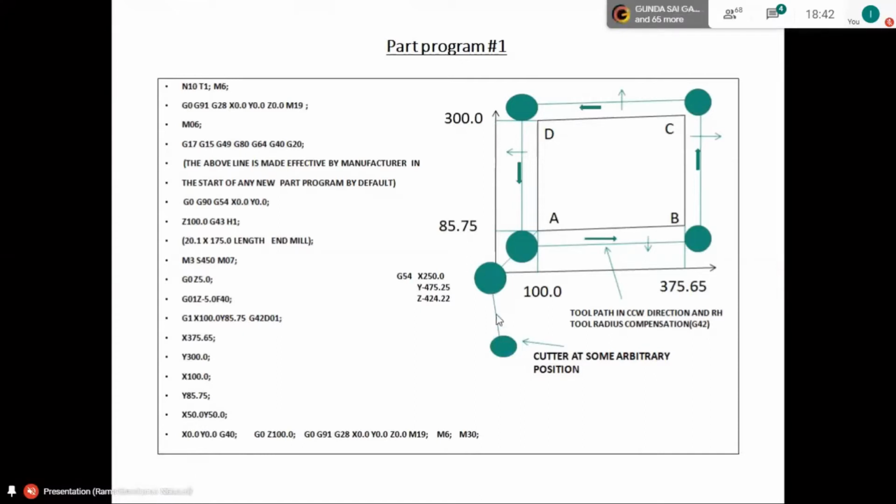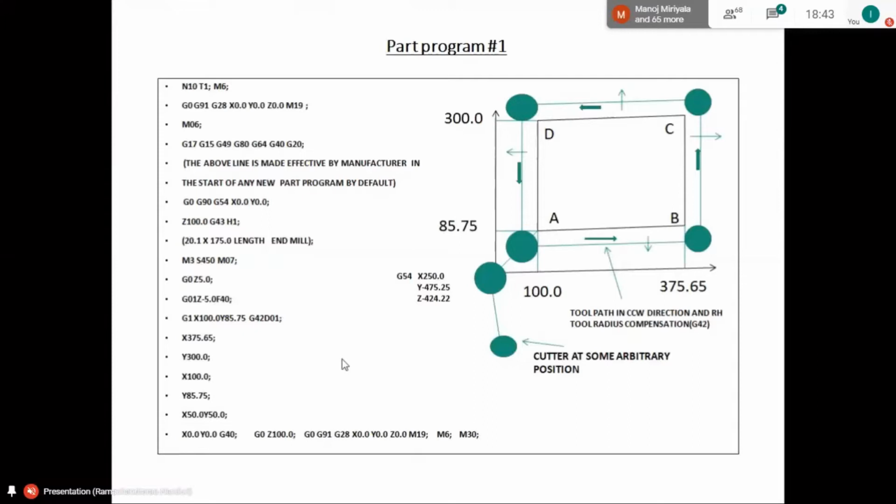Actually, rapid motion is represented by dotted lines, but I could not draw that. So G0, G91. G91 stands for incremental coordinate system. Here what happens, most of you would have come across linear interpolations, numerical interpolation. In that, the data is split into several minute portions and analyzed for performing the required operations.